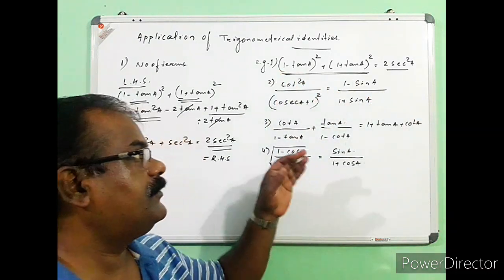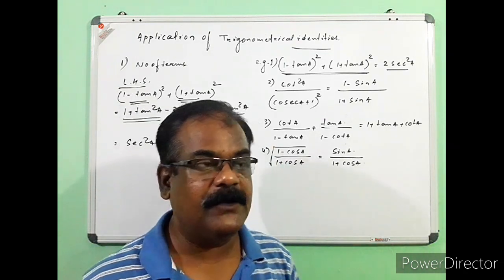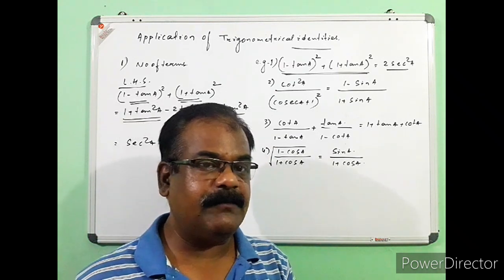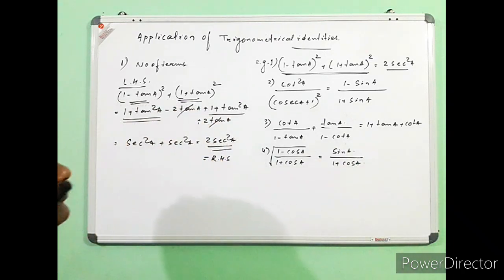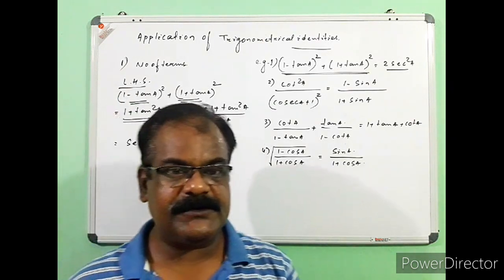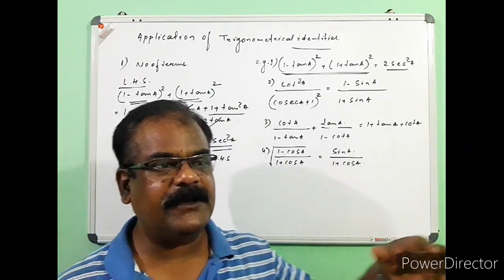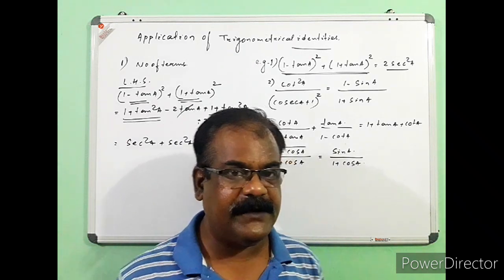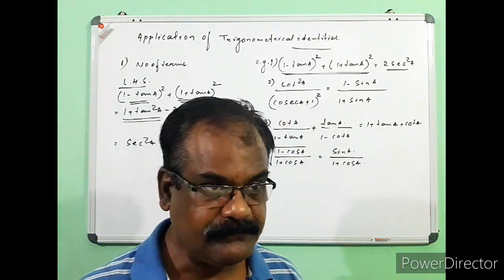So remember that first of all you will see which side has more terms in comparison to the other side, and go to that side to split the more terms to get fewer terms. Now the second one: we will see the degree of the polynomials. Consider that the number of terms in both sides is the same, but the degrees of the polynomials are different. Then it is easier and more convenient to go from the higher degree to the lower degree.